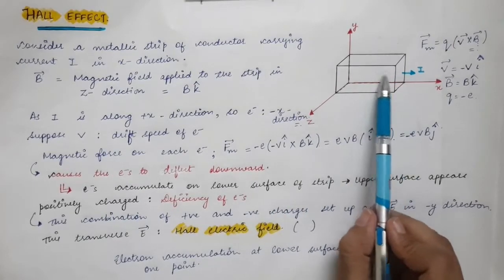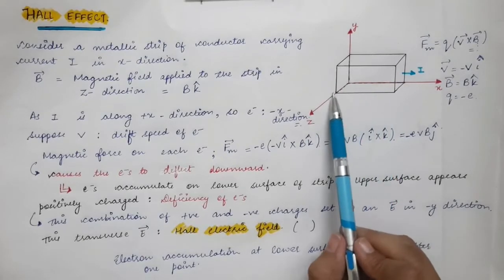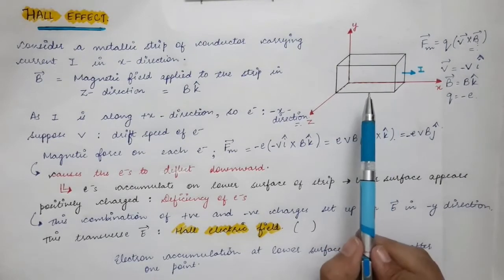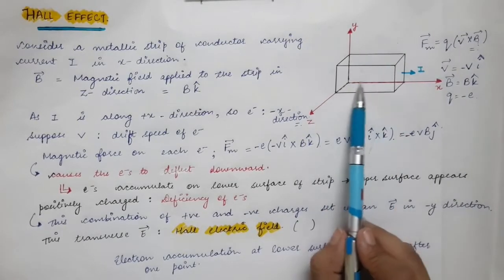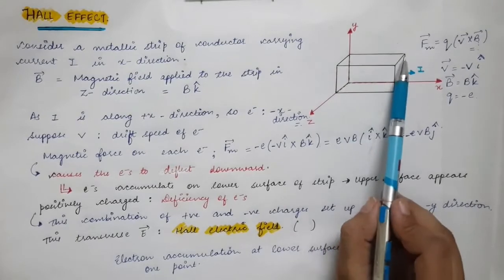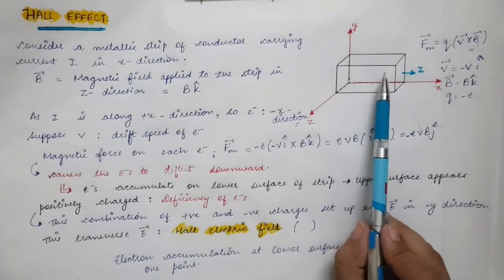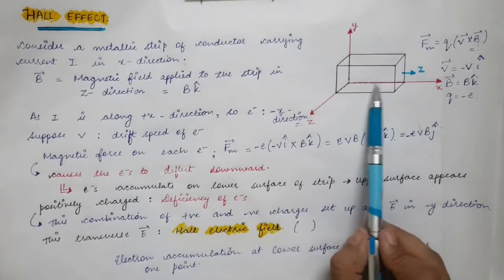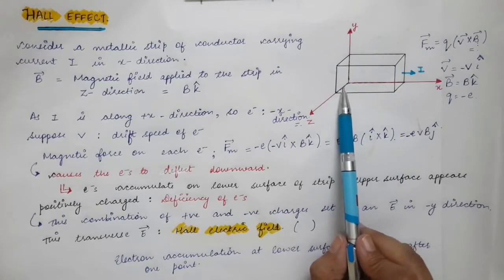And if these electrons which are entering this conductor are deflected downwards, which means that there will be accumulation of negative charges on the lower surface of this strip. So this is a strip of a conductor which we have taken. So this is the lower surface of the strip and this is the upper surface of the strip. So when the electrons enter this conductor, they will get deflected in the downward direction due to the magnetic field, due to the magnetic force. So therefore there will be accumulation of negative charges on the lower surface of the strip.